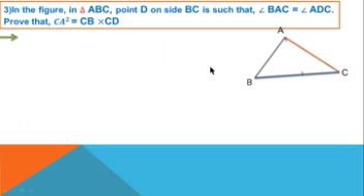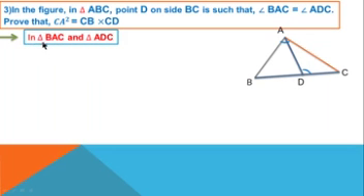Example number 3. In the figure, in triangle ABC, point D on the side BC is such that angle BAC is equal to angle ADC. Prove that CA square is equal to CB multiplied by CD. See this figure. In triangle BAC and another triangle ADC,